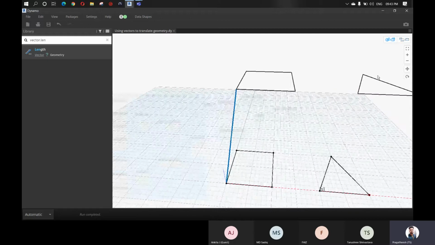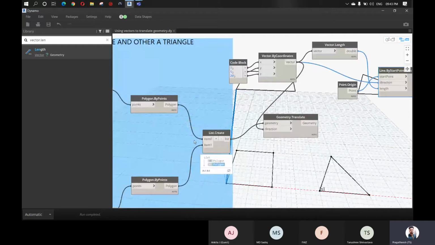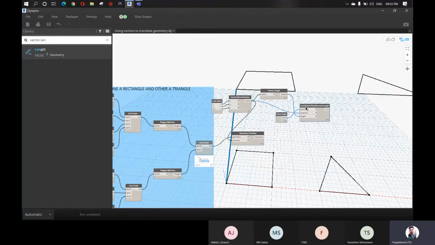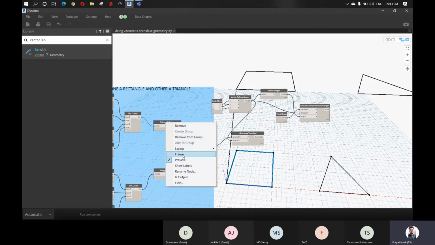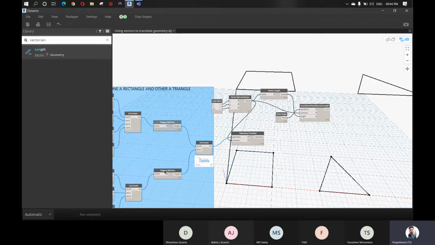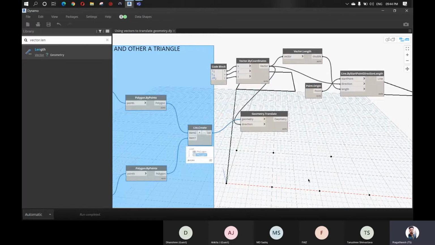So if you don't want to see the previous one, you can just hide it. So these are the nodes which are previewing the previous one. If you don't want to preview this, you can just right click and uncheck it. Okay, so now you can see the preview is off.